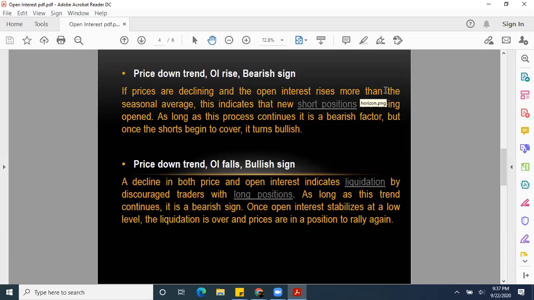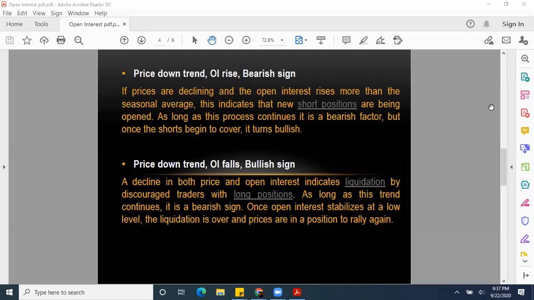So price is going down, open interest is increasing, meaning that new participants are coming into the market. And when we say participants, we're not talking about you and I, right? We're talking about the big guys. They are coming into the market. They are shorting that particular pair. No, this is not pivot point. This has nothing to do with pivot point, Mr. Festus, right? So price is coming down